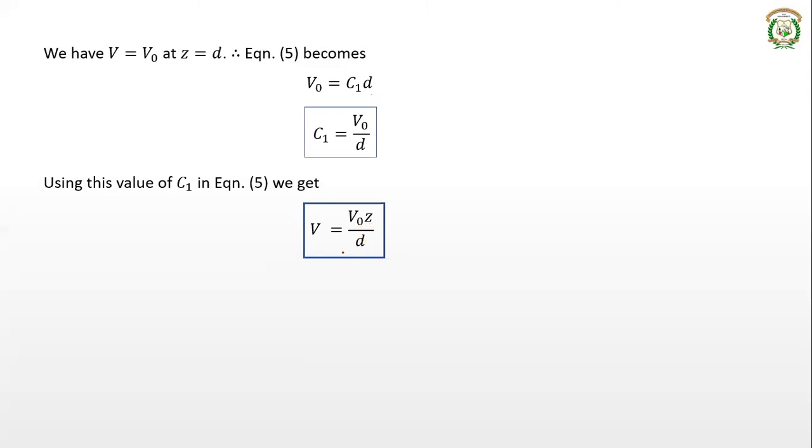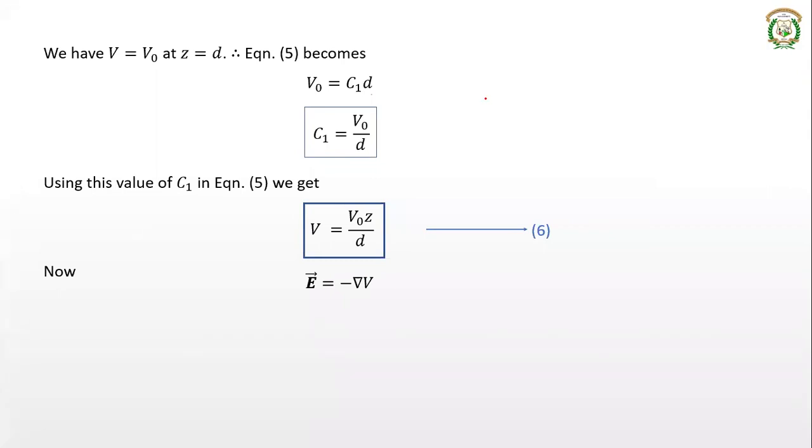So the first step is over. That means the second step is also over, that is, you have found the values of C1 and C2 and substituted them here. And this solution, whatever you are getting for V, is unique based on the uniqueness theorem. Now, once you have got this V, you can find the value of E, the electric field intensity. What is electric field intensity? It is minus del V, that is, the negative potential gradient.